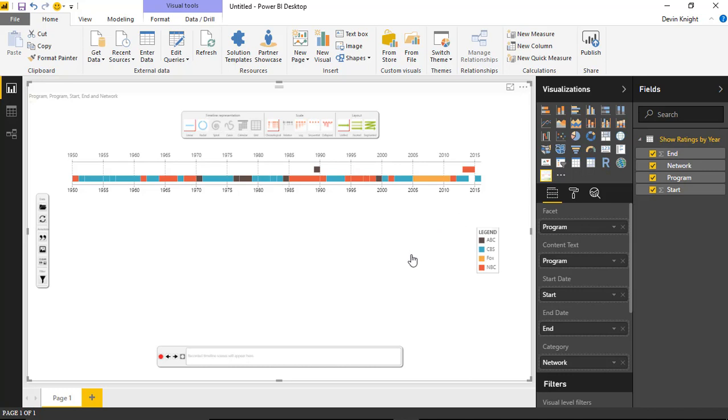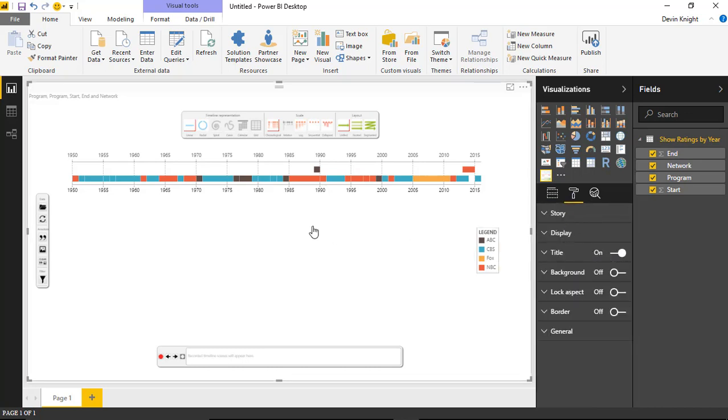Now, there's not a lot you can do with this as far as the Format Paintbrush here. If you go over to the Format Paintbrush section, there's not a ton here, and that's okay because most of the configuration is done up in the top, on the left, and on the bottom in the middle of the visual itself. But just to highlight what you'll find in the Format Paintbrush section, one is you'll find under the